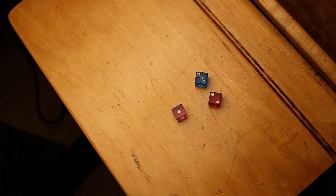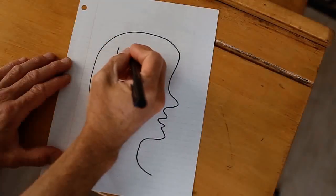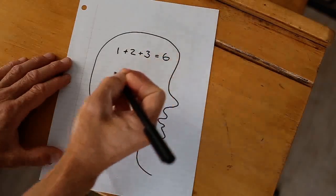Number knockout games require a simple playing board like this, and dry erase markers, and 3 dice. Games start with a roll of the dice. The 3 numbers rolled are used by each player to build expressions that evaluate to unique numbers. When 1, 2, and 3 are rolled, a student is first likely to think 1 plus 2 plus 3 equals